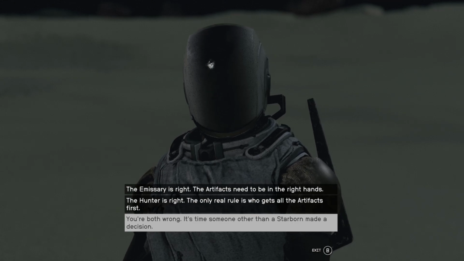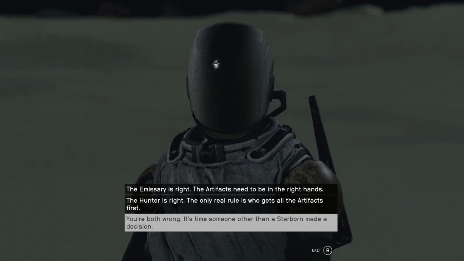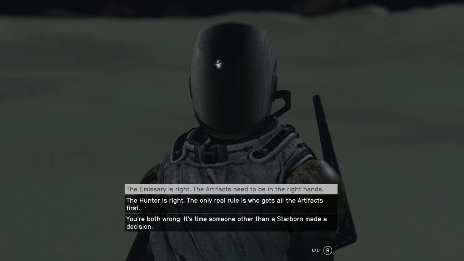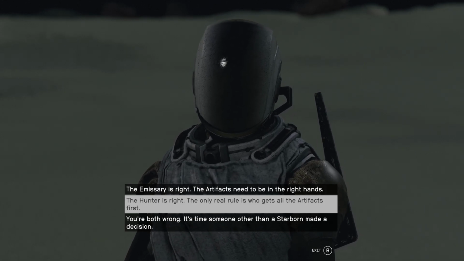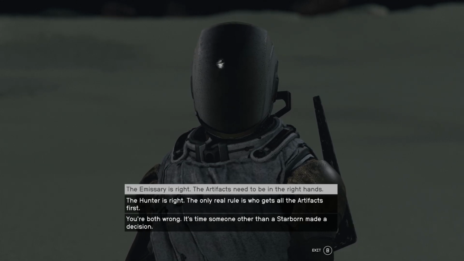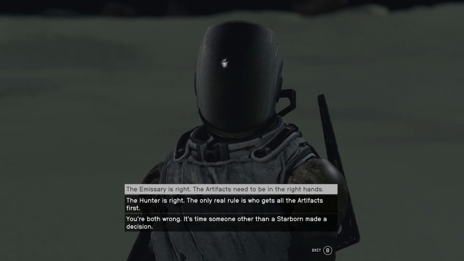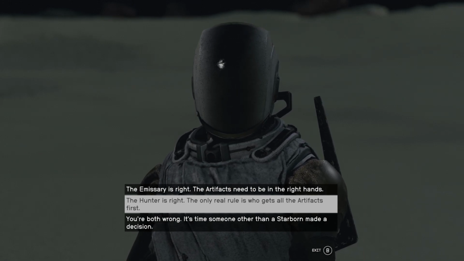You're both wrong. So what's the third option then? The only real rule is who gets all of them first. Well, I mean, only power checks power, so... The only reason the emissary could enforce who has it would be his power. So he's using his power for what he claims to be everybody else's benefit. But the hunter is just using his power for his own ends, you know? And if he didn't have the power...